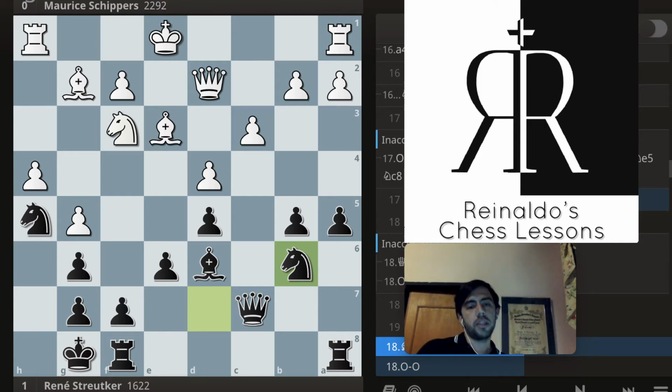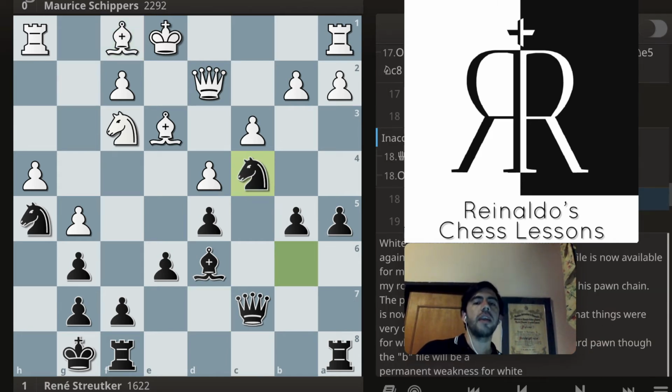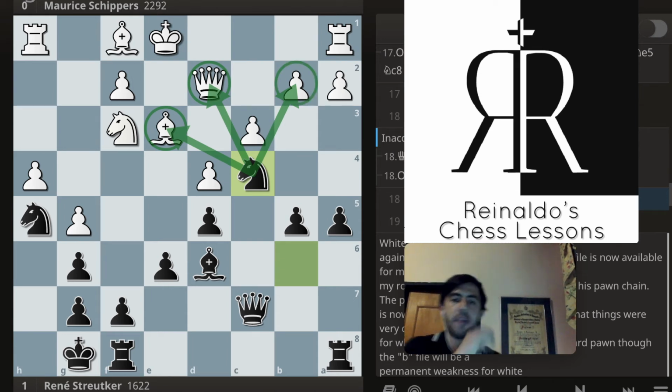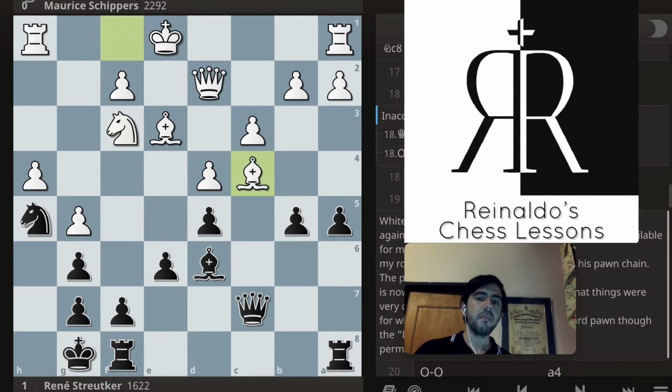Okay, for that reason, white decides to play bishop c1, but after knight c4, finally black gets the outpost, attacking the queen and the bishop and also the base of the pawn chain. This move is very, very annoying. Okay, so white decides to eliminate the outpost immediately, changing the bishop for the knight, and now black has